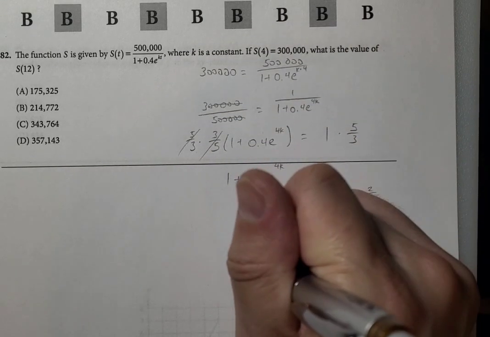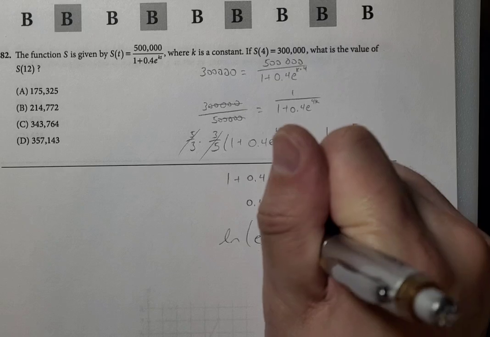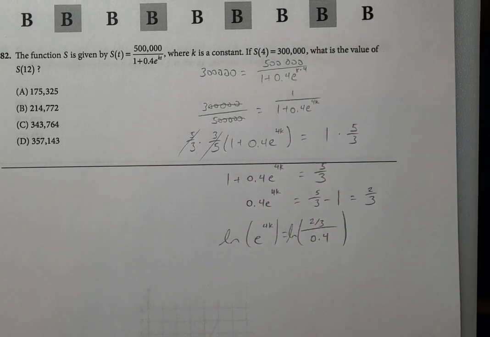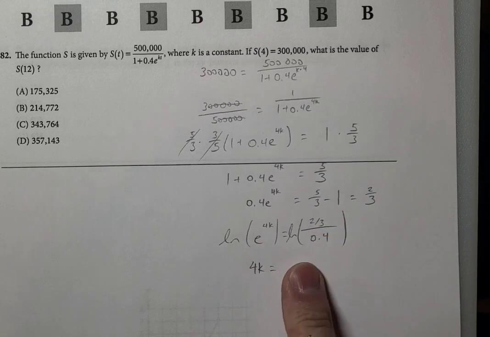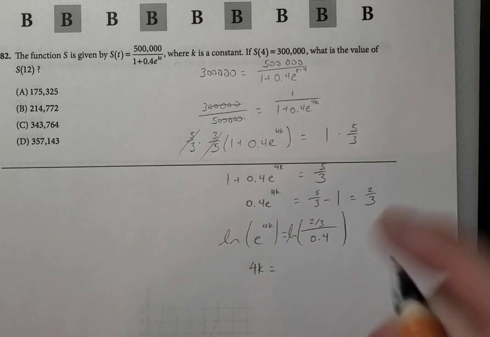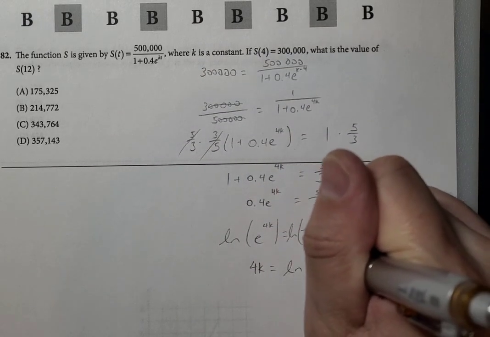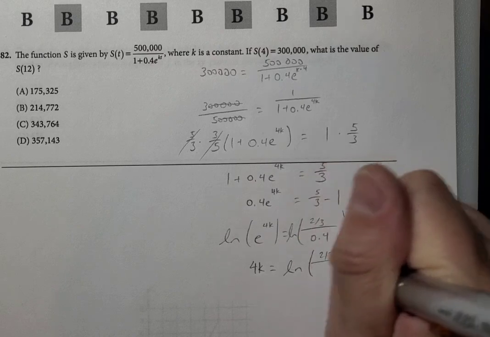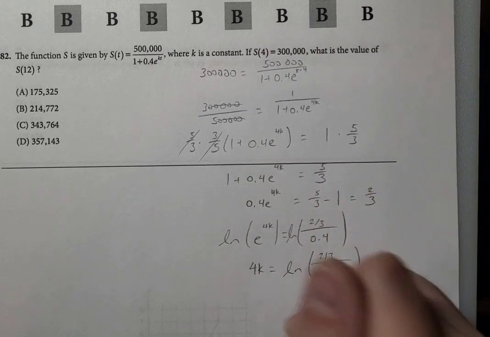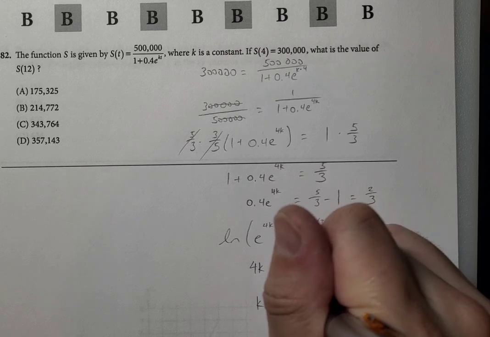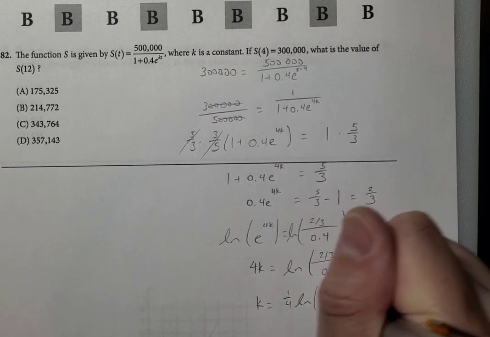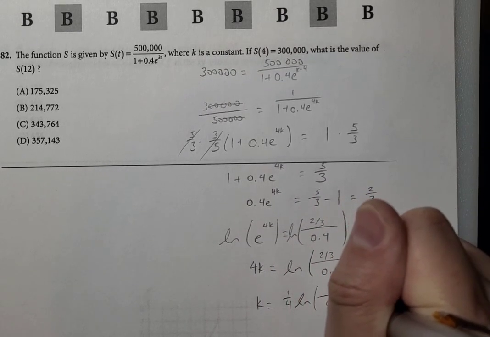Now we natural log both sides. Okay, so like this, ln. Okay, so 4k would be, so this guy, we can plug into a calculator, but I'll leave it in exact form for now. It's ln of 2/3 over 0.4. So k would be, we just divide by 4 on both sides, so 1/4 ln of 2/3 over 0.4,